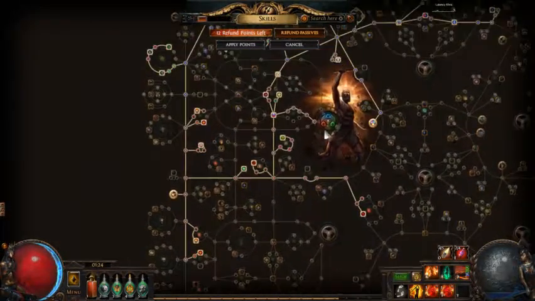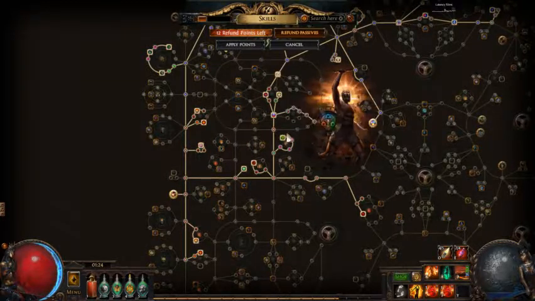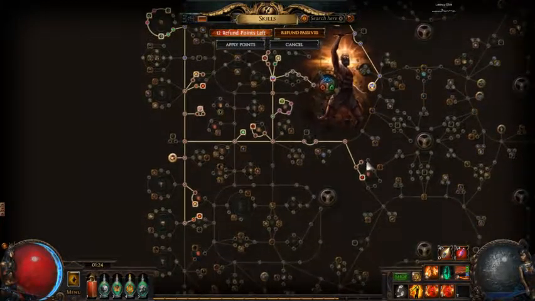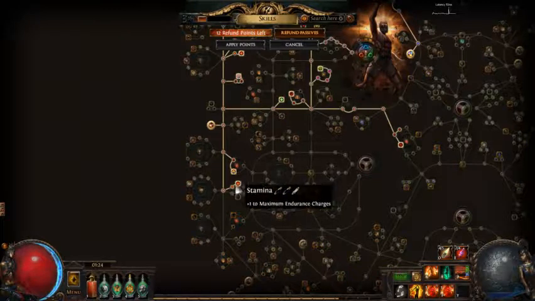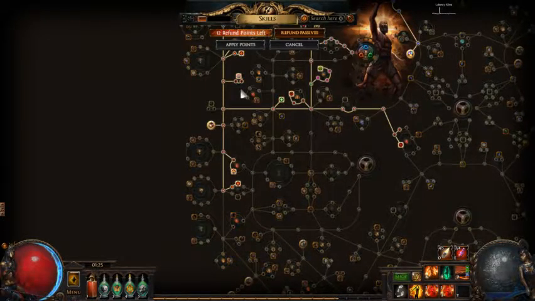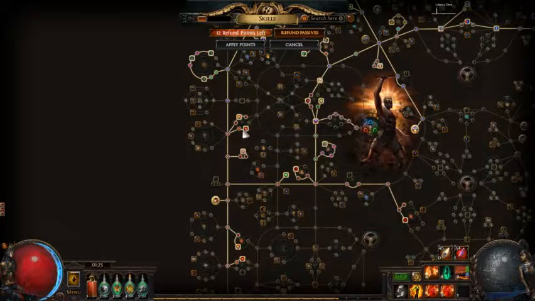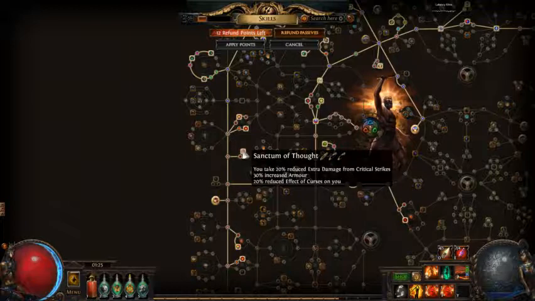So mostly what I went for is I went up here, grab the life, grab precision here for the dexterity, the attack and cast speed, and that. You have the minion cluster here, you have the life cluster here, which is what I'm going for. This gives you +1 fire max res, and then endurance charge here. Resolute Technique, just because you want to be very consistent on hitting your Cyclone, so you can get those 40 stacks. And then you've got endurance charge here, life here, using this for the increased armor and reduced effect of curses